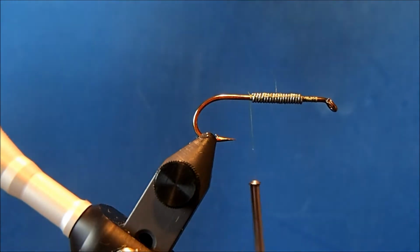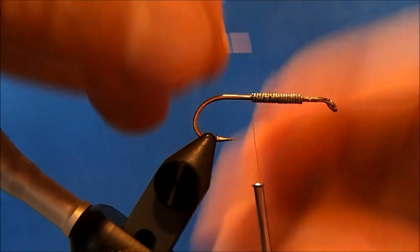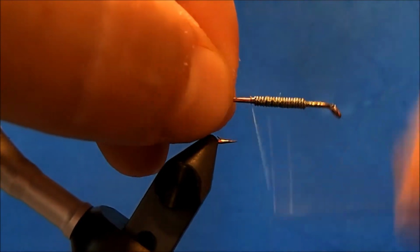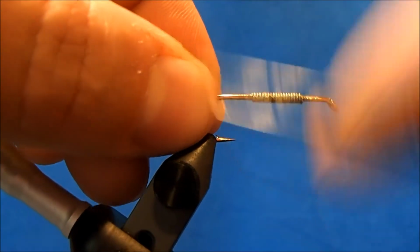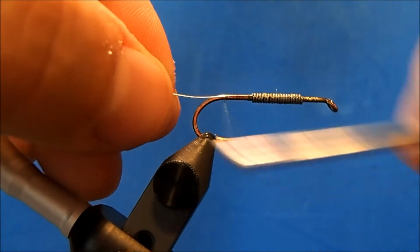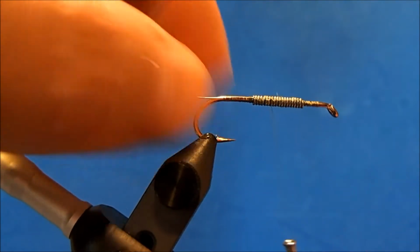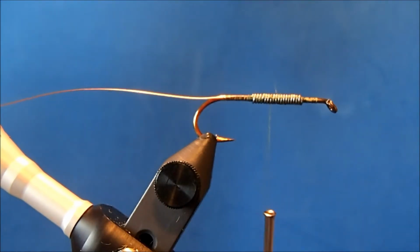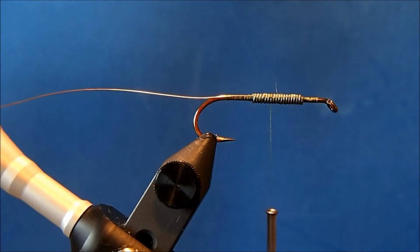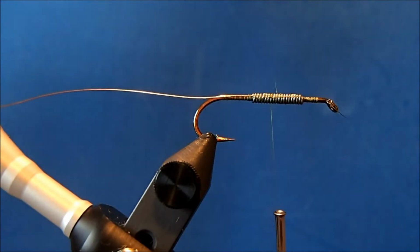The rib that I'll use is a brassy size copper wire, so I'll put that to the back of the hook shank, or I'm sorry, the back of the lead, and then tie it in. And I'll leave my thread at the midway point where I can start to dub in my body. I'm going to use an olive or green Hairtron dubbing for this, and